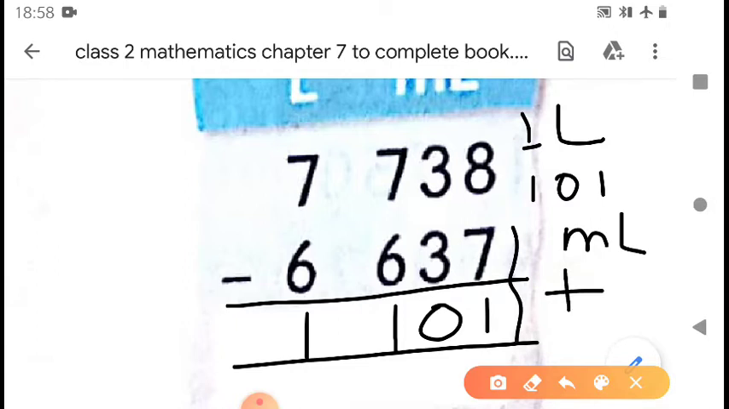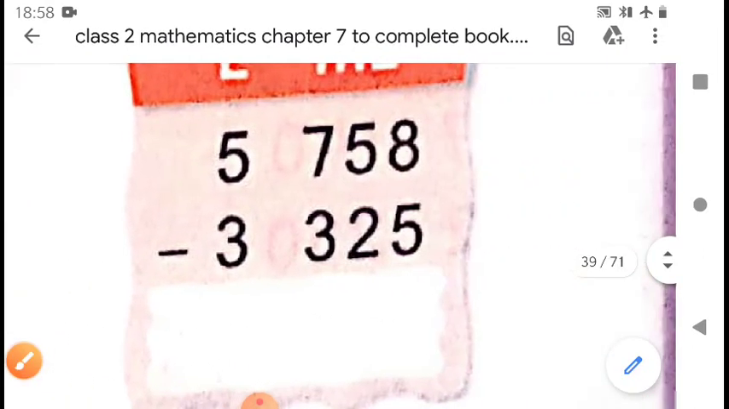Now let us check. 7 plus 1 is 8. 3 plus 0 is 3. And 6 plus 1 is 7. And 6 plus 1 is 7. Therefore, your subtraction is correct. Okay. Next is